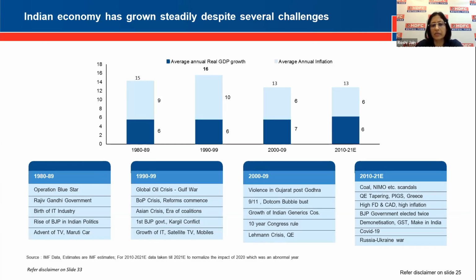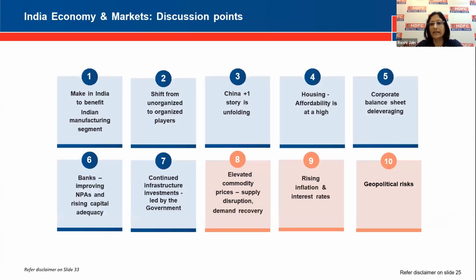So in the medium term, what are these factors that we think will help India continue to stay on its growth path? I think the next few years broadly revolve around manufacturing, India's increased manufacturing intensity, the shift from the unorganized to the organized segment, something which has been in progress, will continue to be so. An improvement in the investment intensity of the economy, whether it is housing, private sector Capex, or the government infrastructure, as well as catalysts to manufacturing coming in from the China Plus One, as well as government